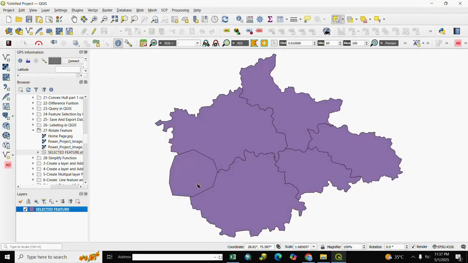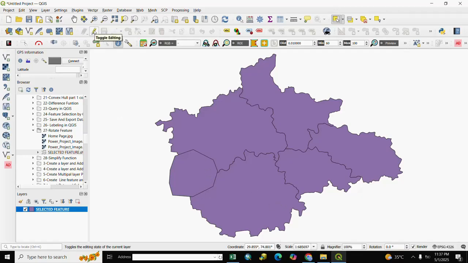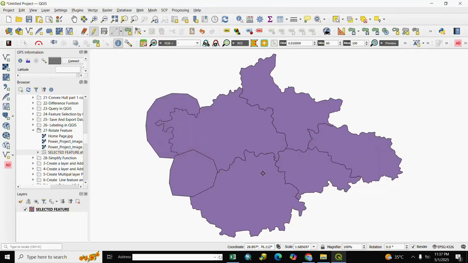Our vector layer is added. If you want to modify, you go to toggle editing, we click here and we select polygon and you modify as per your requirement and draw a new polygon as per your shape. You right click to end and OK. Our polygon is created. If you want to save it, here is save layer, we click here,